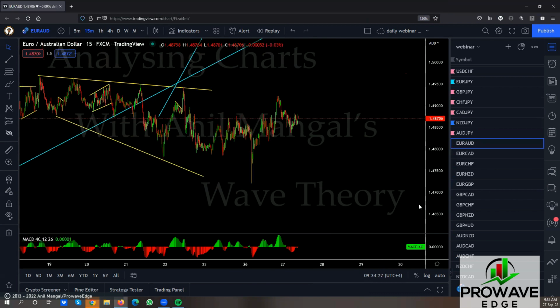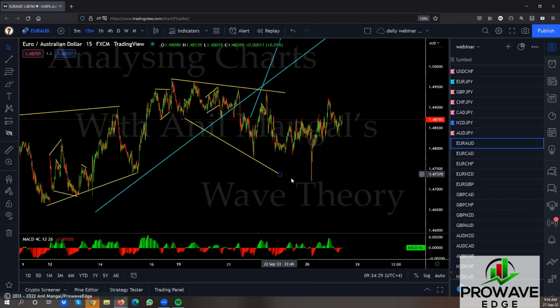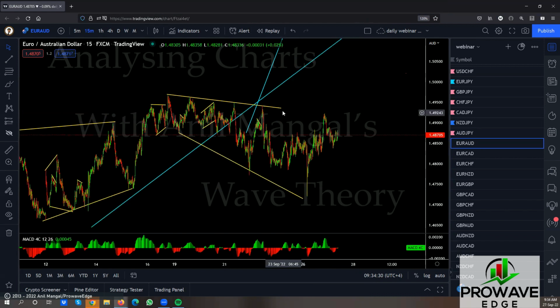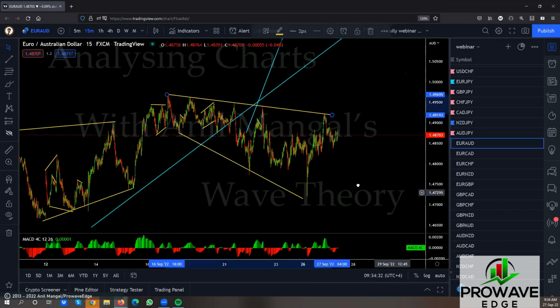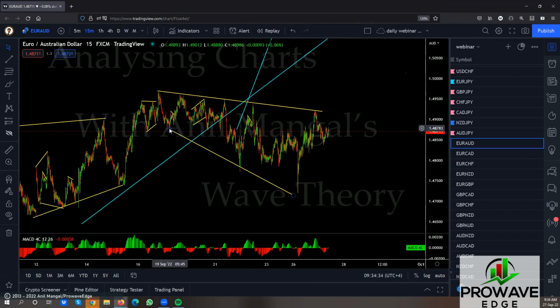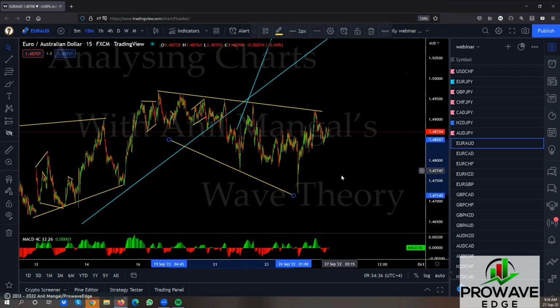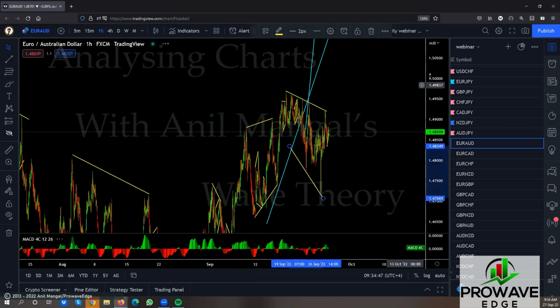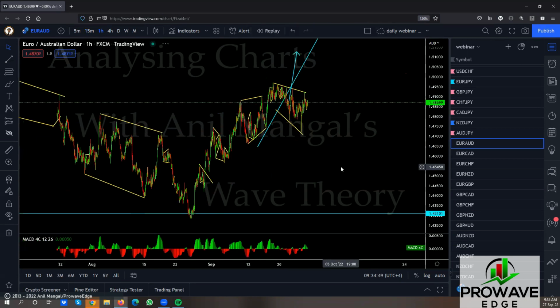Euros. Okay, so we're still in this big one, right? That hasn't changed. We're still here. That thing is getting bigger and bigger and crazier as it goes, right? It's still a sell setup. This is a sell setup. So you remember we're selling this to come back here. Still doing the same thing. This is still a corrective structure, right? Very likely it's a corrective structure to go higher.